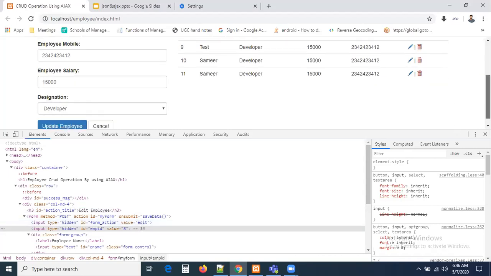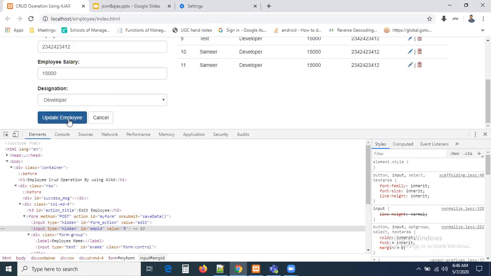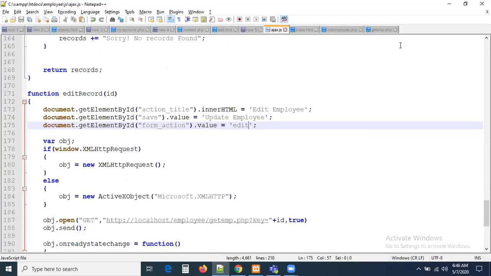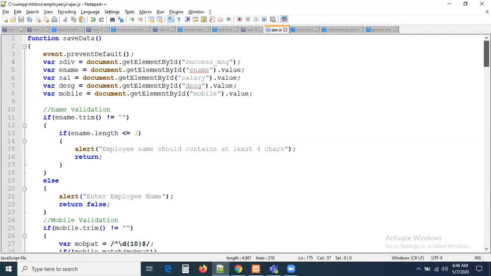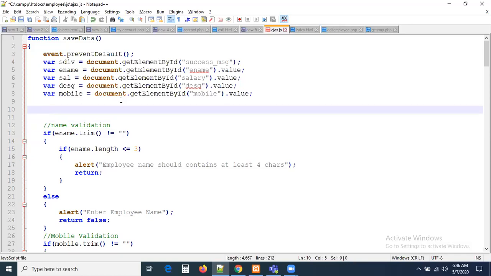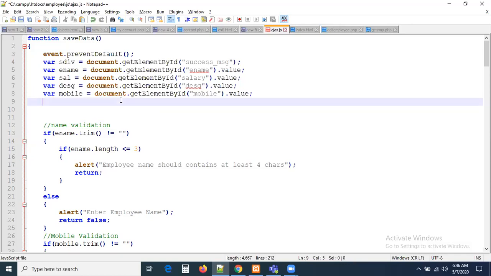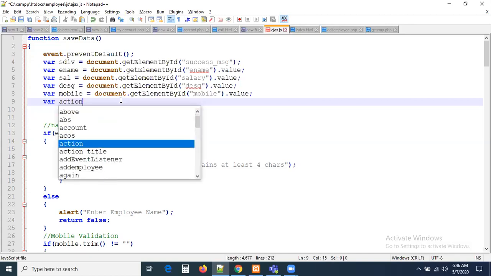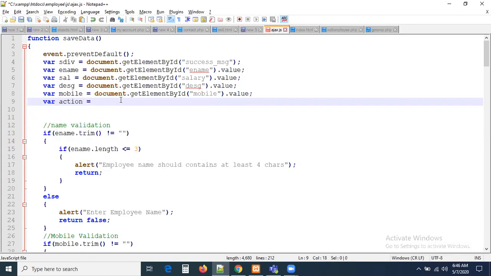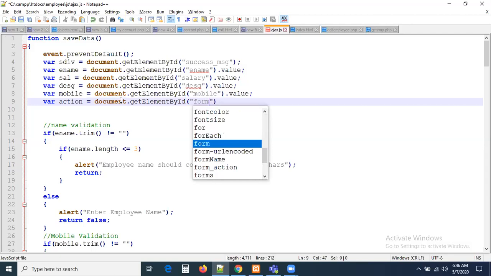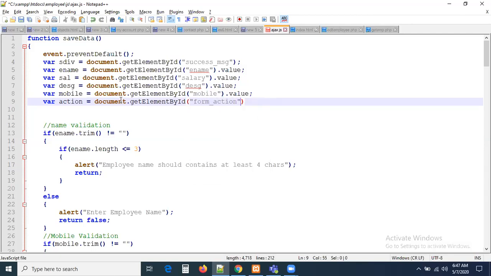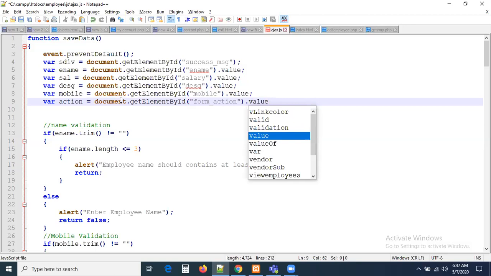Now once you hit the submit button, I have to send the data to the same save data function. So we already have a function here. But what is the action? Let me get those values also here. Next, I'm going to get the form action, where action is initially the add action. Once you click, that is going to be changed to the edit action. That's the only thing. document.getElementById, the ID of it is form_action. So formAction.value. Yes, guys, this is the .value.